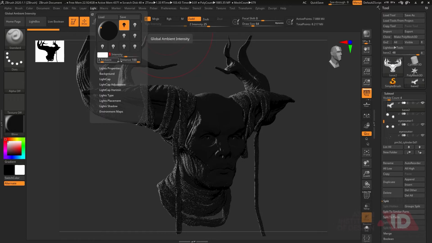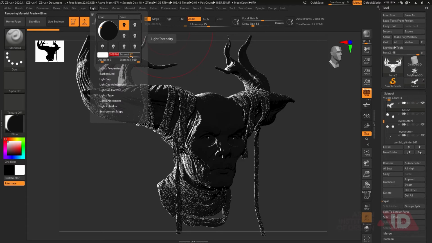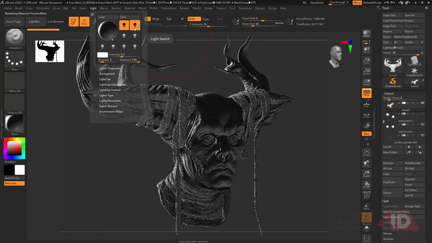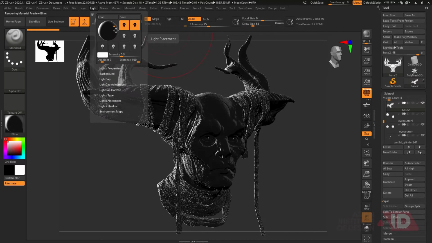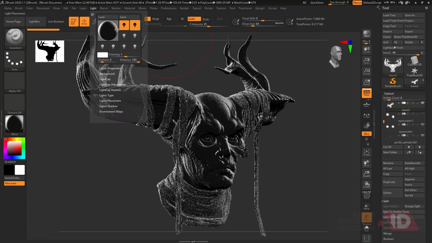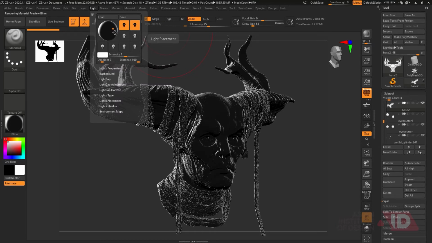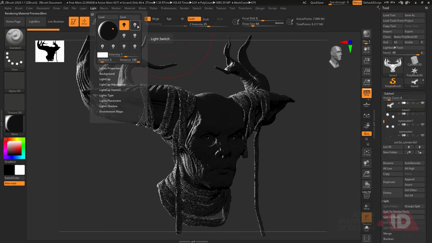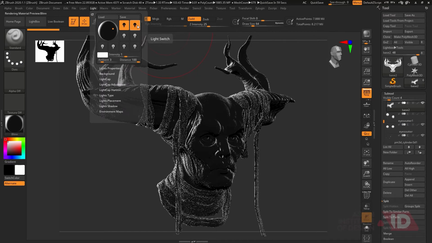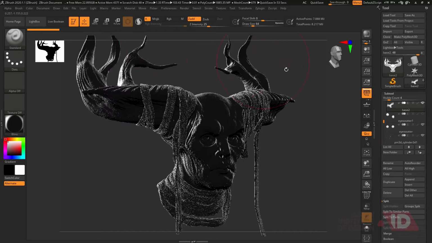So place it properly. Intensity you can choose, whatever intensity you want. You can make it really bright or maybe subtle. Then you can switch on one more light. Suppose you want another light, click it, and now I want another light from the other side. Thin light. So you can switch off and switch on and check all the highlights. So I got the highlight rim light, so I'm pretty happy with this.